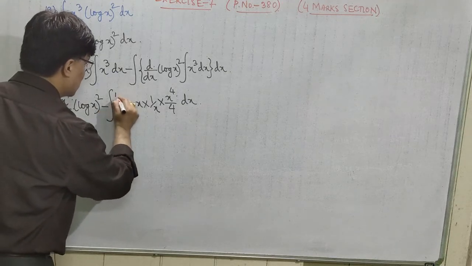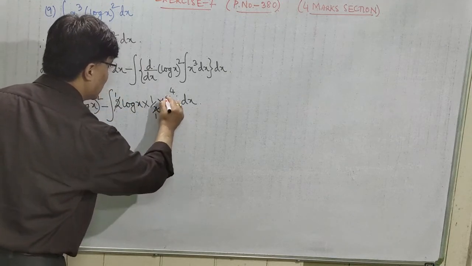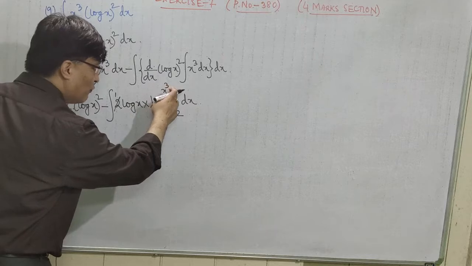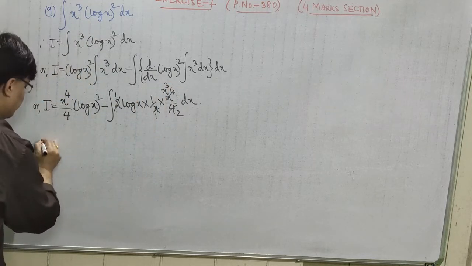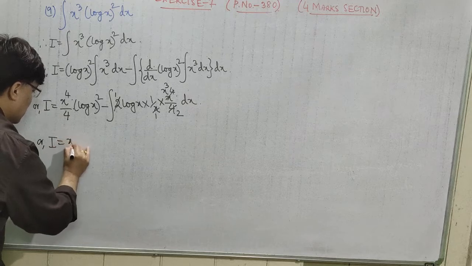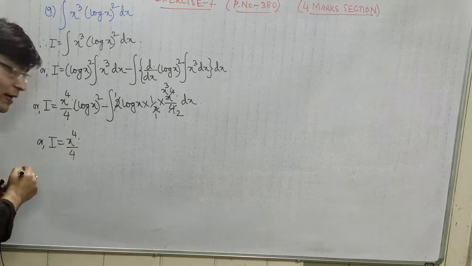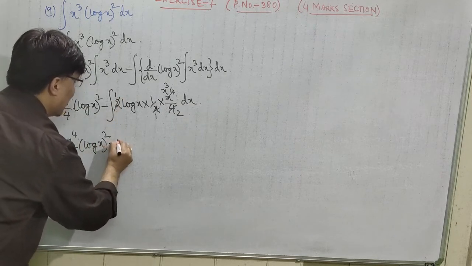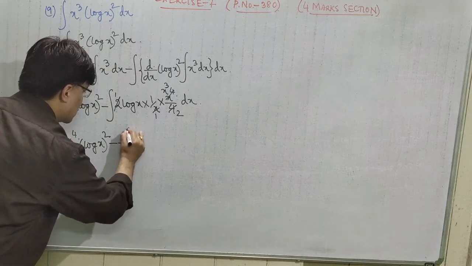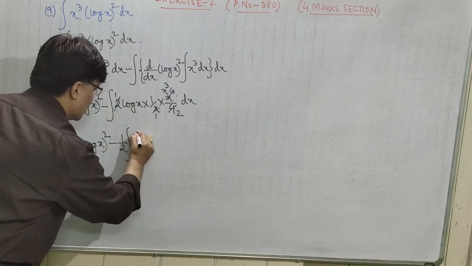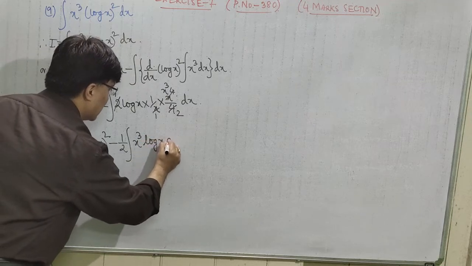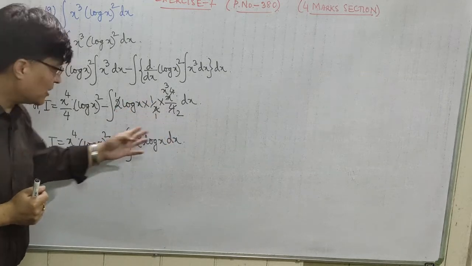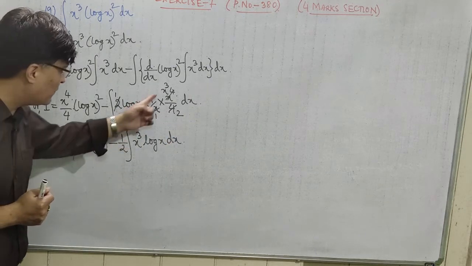So I hope you have understood it. Okay. So this is 2 1s are 2, 2 2s are 4, x 1s are x. This is x cube. You can cancel x to the power 5, x to the power 4 by x. So it is x cube. Or I is equal to, this is x to the power 4 by 4, right? Then this is log x whole square. Then minus, here half is constant, it is taken outside. Integration of, this is your x cube log x. Then what do you write? Dx. So it is half is constant, that is taken outside, integral sign, half integration of, this is x cube,